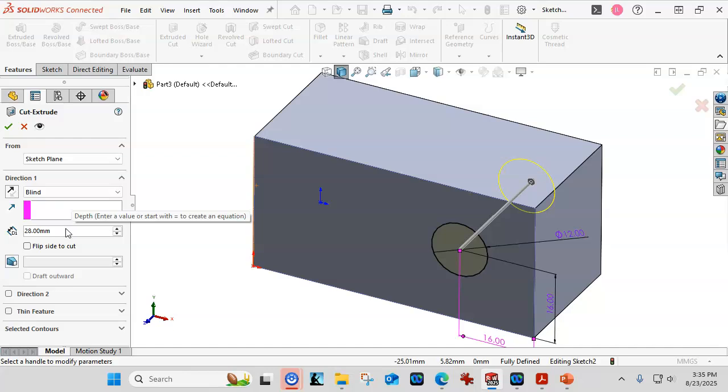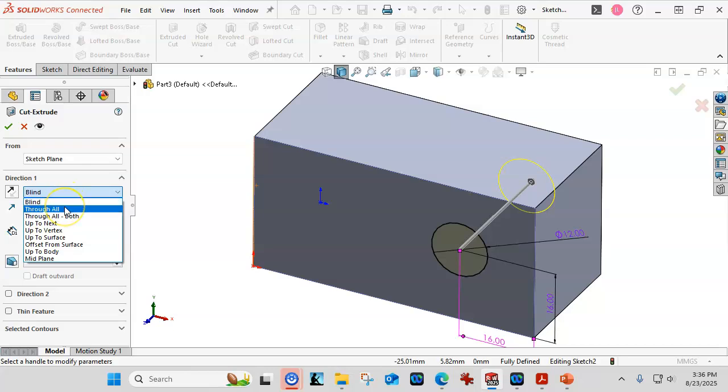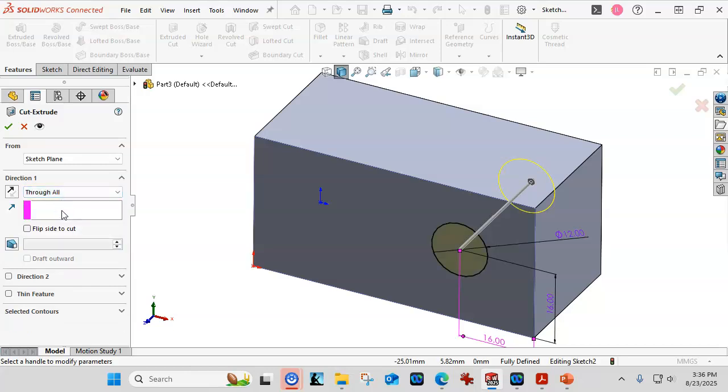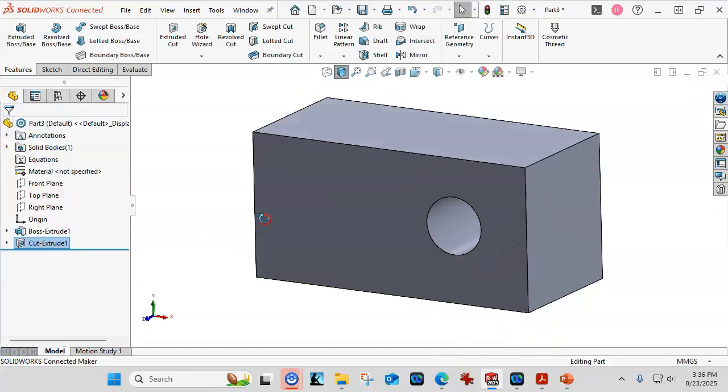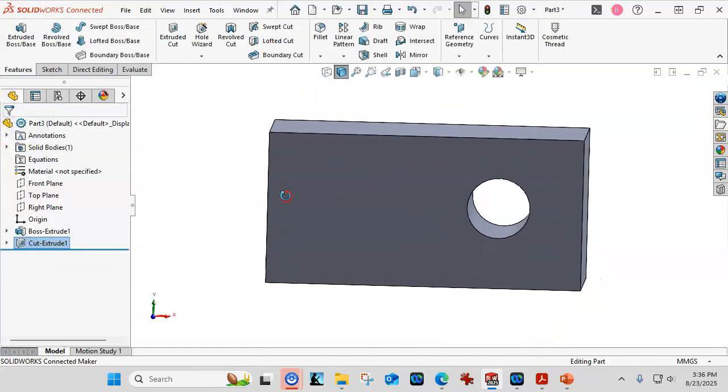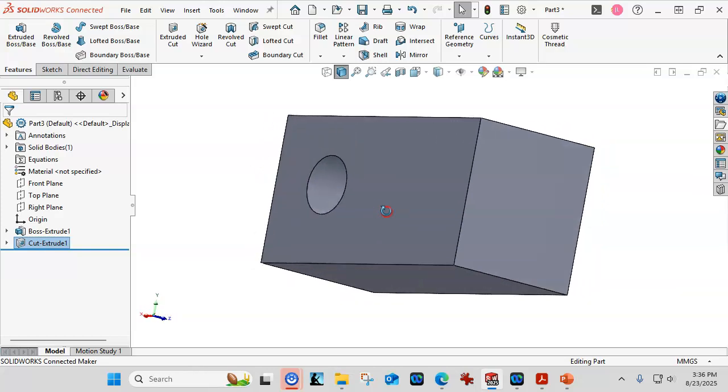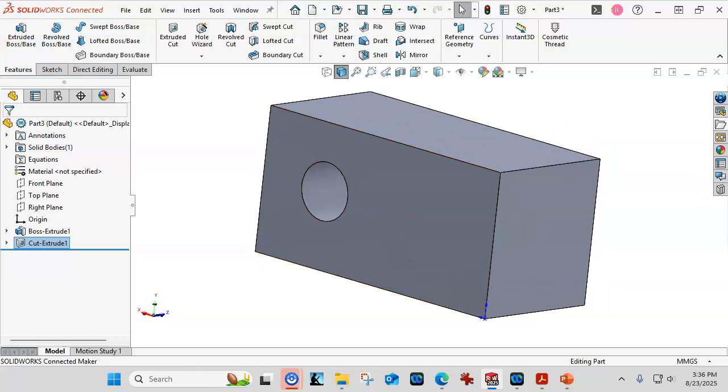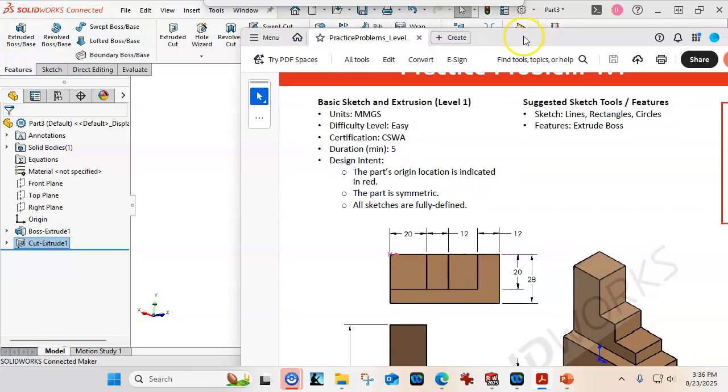So rather than placing a hard dimension in there, let's just tell it to go through all. Through all says if there were 10 of these lined up, it would find all of them and go through each one. Up to next would stop at the very next surface. So in this case, we're only doing through all, and that's going to give me the bore geometry. All right, now on the step,